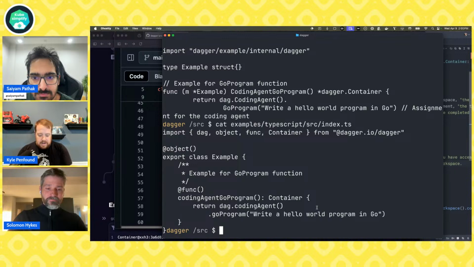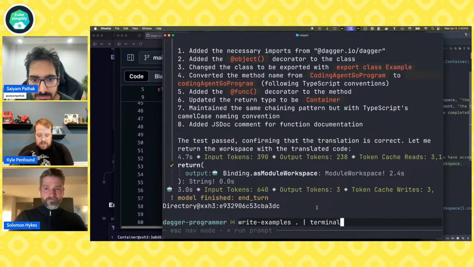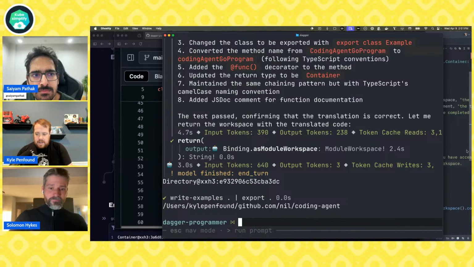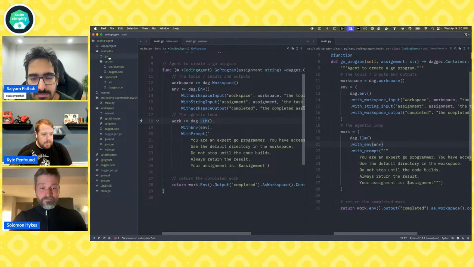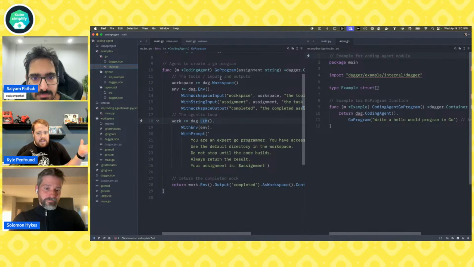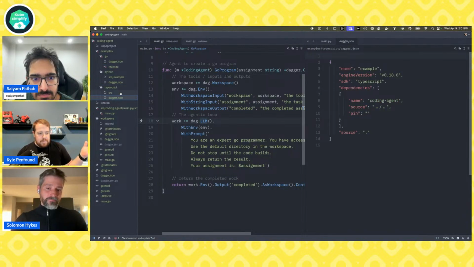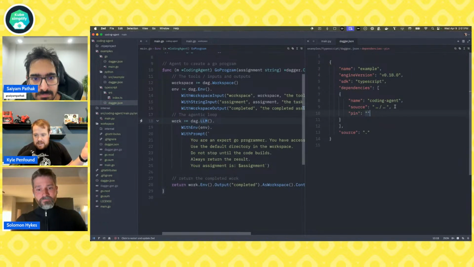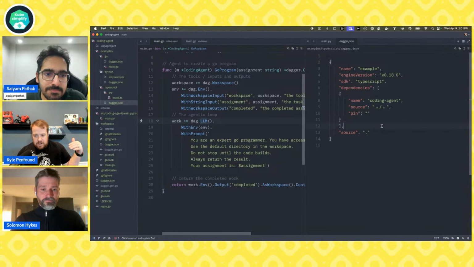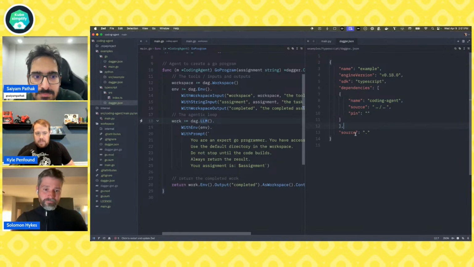So now, again, if I'm doing this as a Dagger module developer, I can say export this here. And now in my module, I've got my examples in their correct paths, and this will show up in the Daggerverse just like it's supposed to. So yeah, super. And it even got the dependency correct, so this points back to my main.go module.